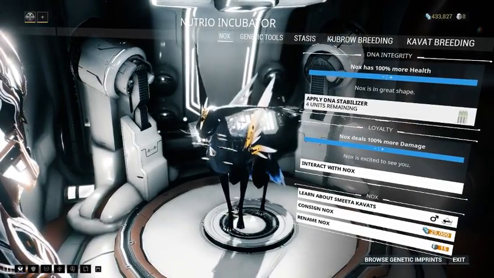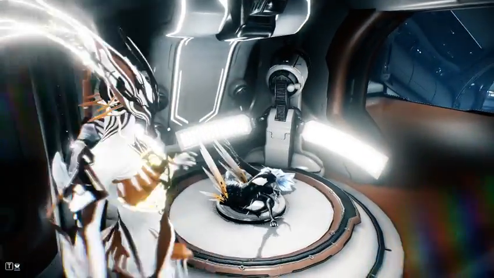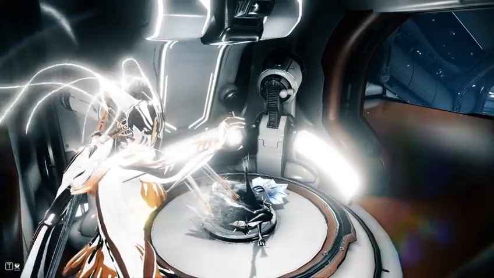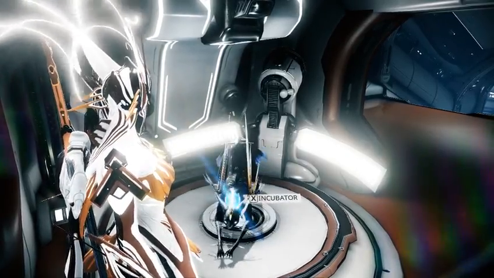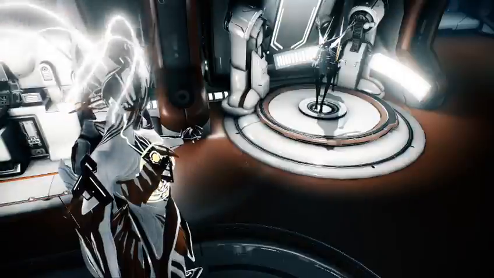So we'll start with the pros of Kavats, Kubros, and Helminth Chargers first. When you look at a Kubro, you pick one up after you do the Howl mission. I believe you get it after you go to, or it's just, I think it's,